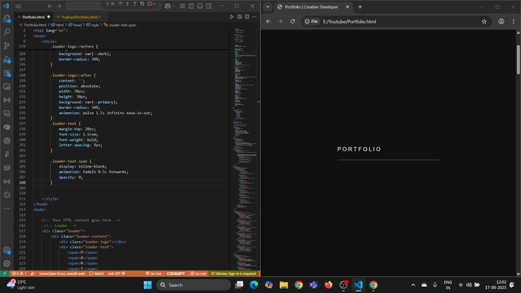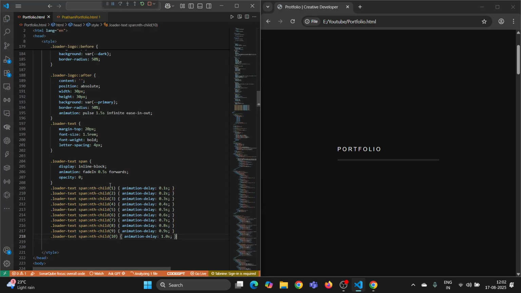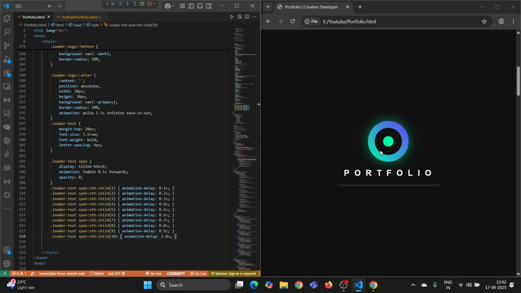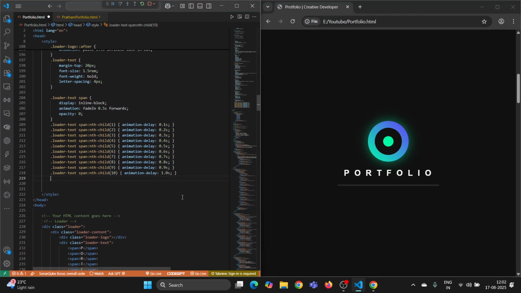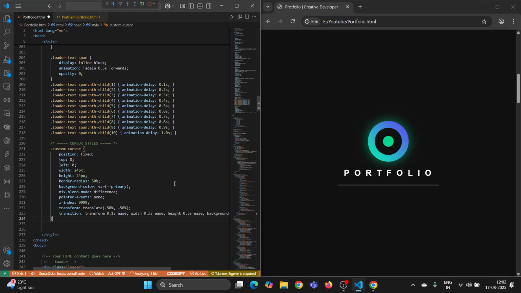So for the animation delay, how much delay it needs to take, we are giving that, and once it's done I'll save and reload. So you can see this has come. So this was the thing we have created now here. Once this loads, our real content will be visible. So for that we need to finish now with our cursor styles and all. So let's proceed. You will get to know once we have completed our